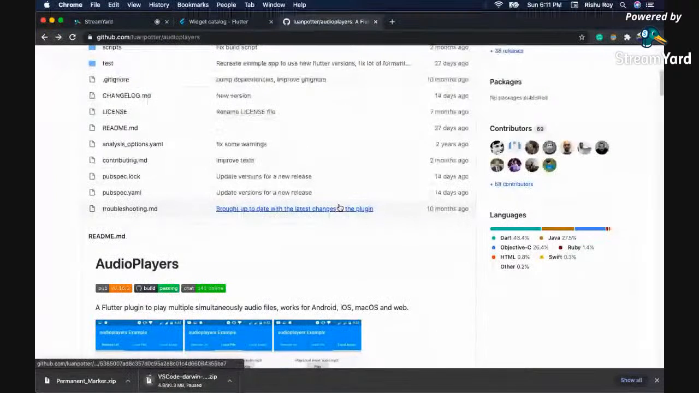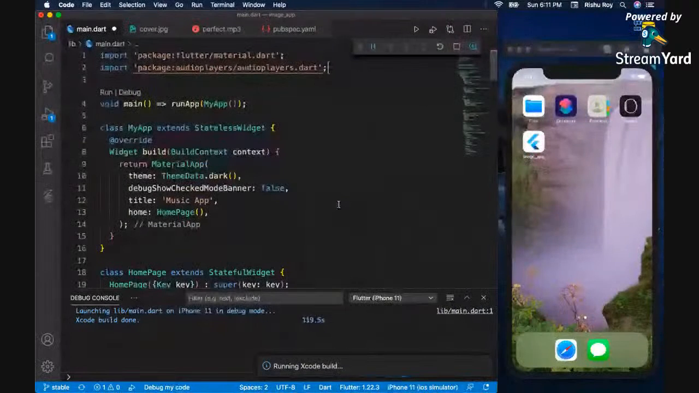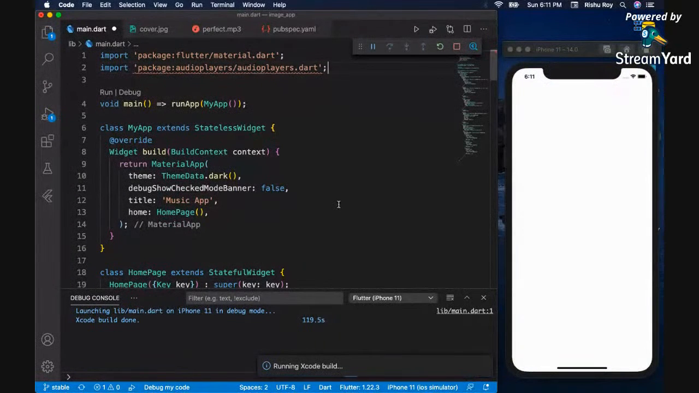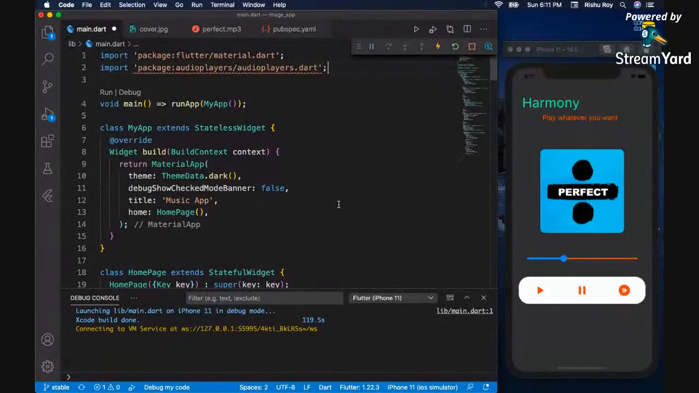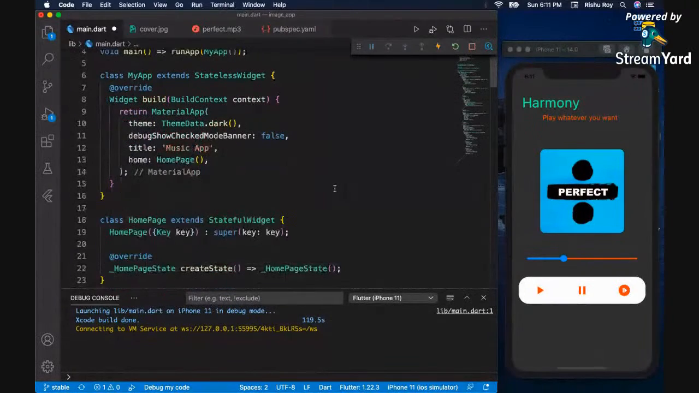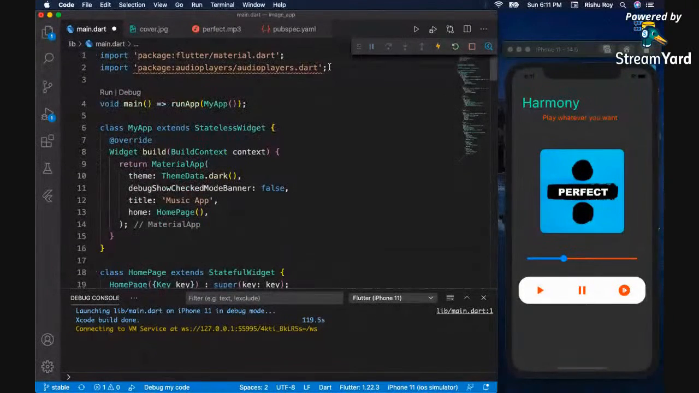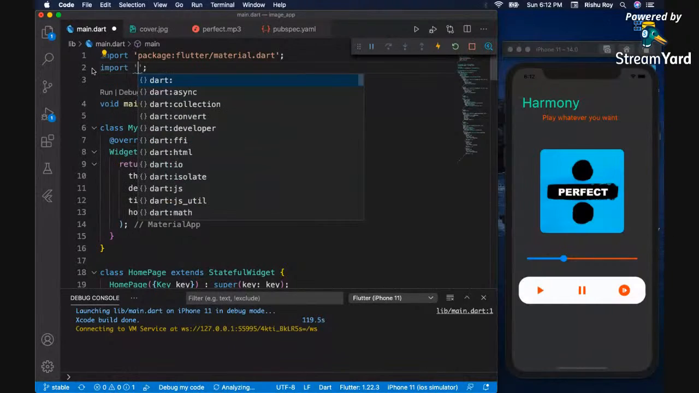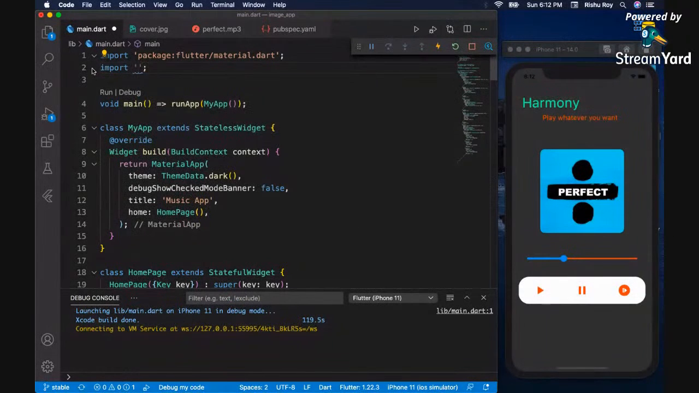So we got our Xcode build done, and our app will launch in just 10 more seconds, I think. Okay, so we got our file there, and now why is it showing an error to me? Split this and now import it again. Import package